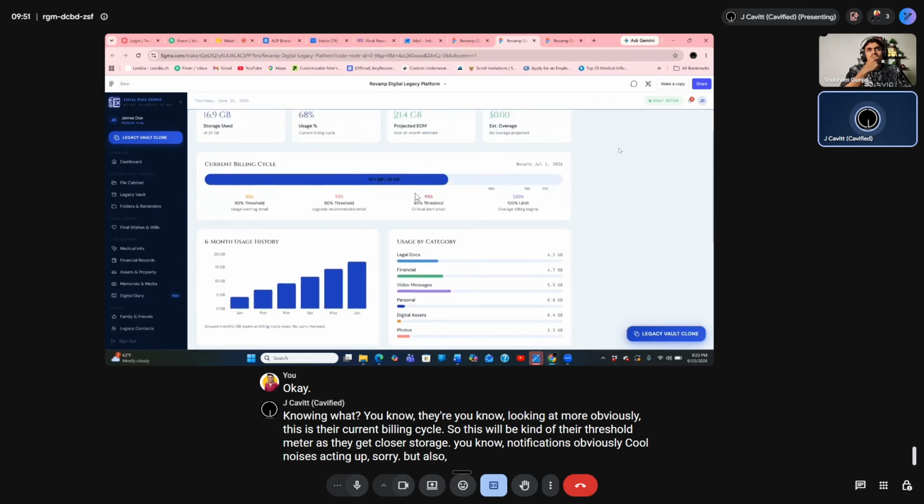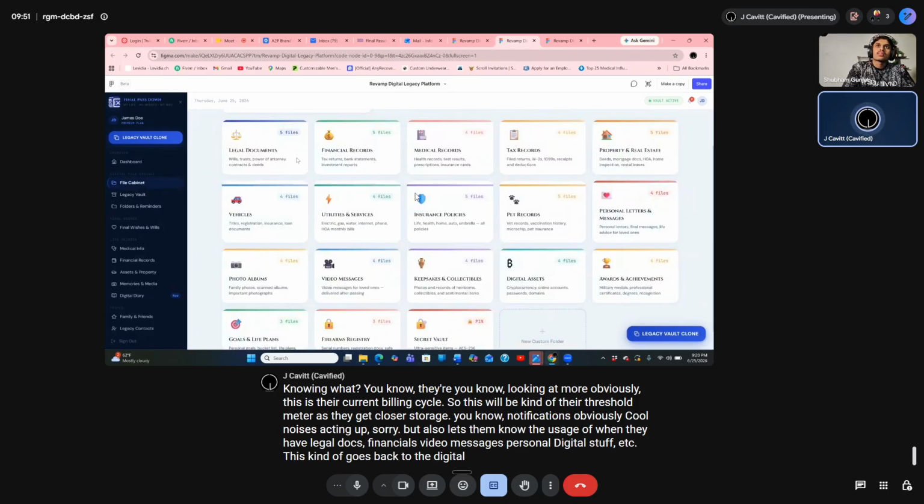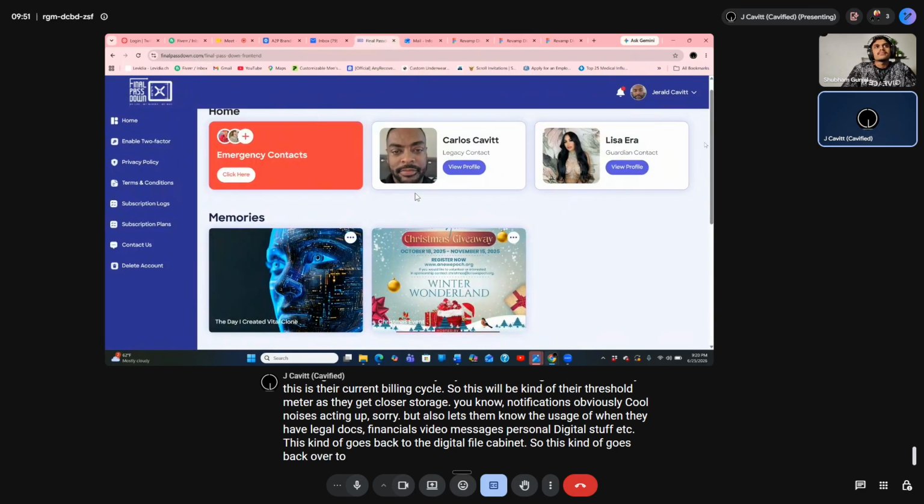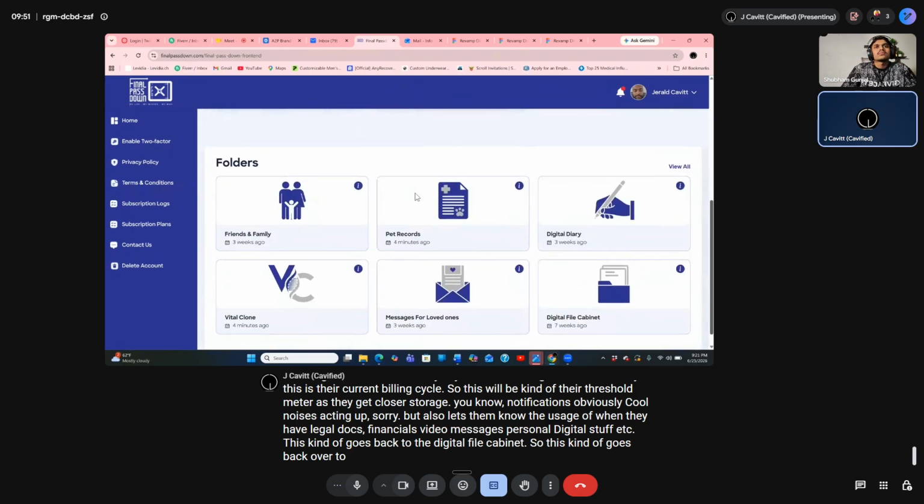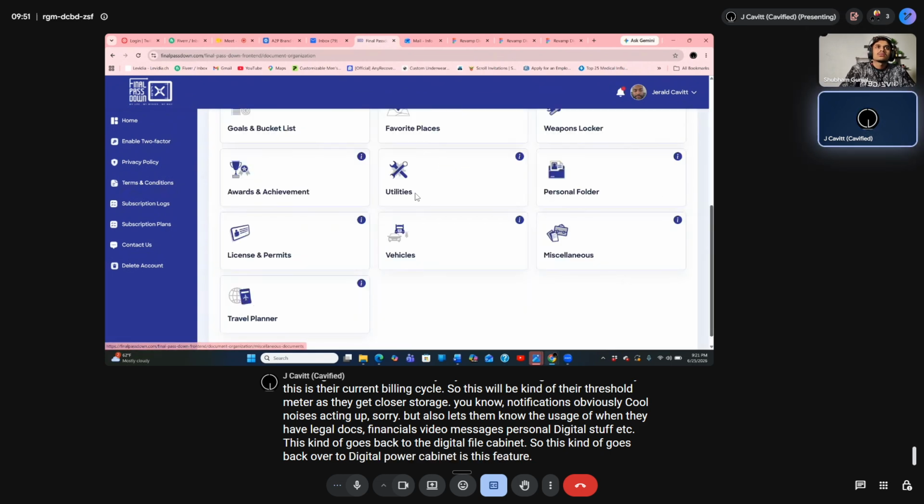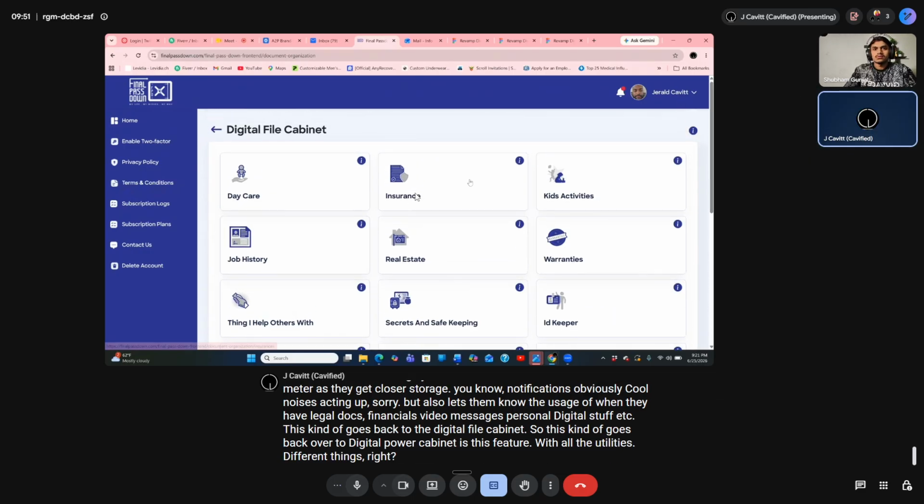But it also lets them know the usage of when they have legal docs, financials, video messages, personal digital stuff, etc. This kind of goes back to the digital file cabinet. So this kind of goes back over to here. Digital file cabinet is this feature with all the utilities, different things, right? If you notice here,